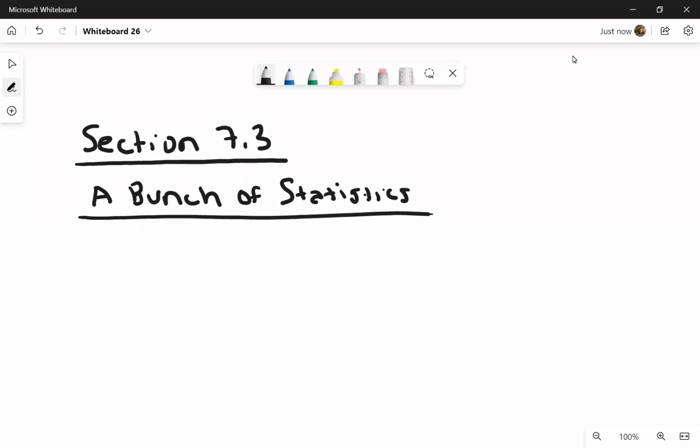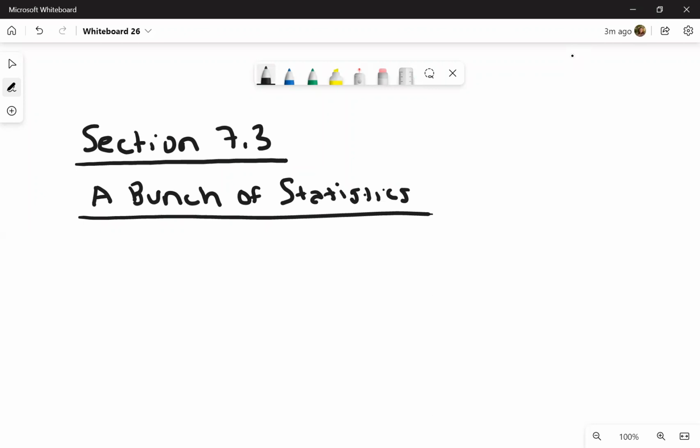All right, so we're going to cover section 7.3. And the title of the section is not a bunch of statistics. It lists 3 of the topics, but the truth is this section is just a bunch of statistics. So it kind of takes what we did in the previous 2 sections, and it does some interesting applications of